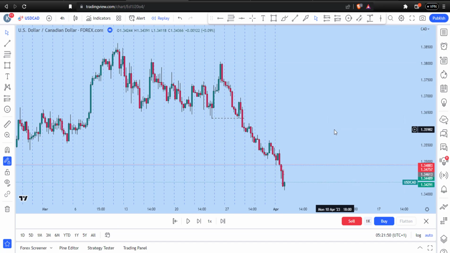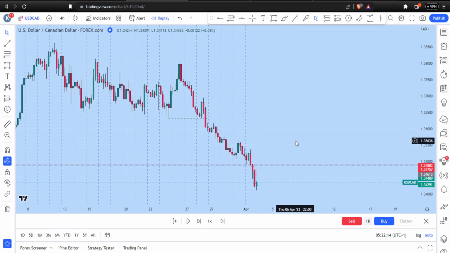The 4-hour time frame was my bigger time frame. If you're doing top-down analysis, you need to have one bigger time frame that you will trust and then go down to a lower time frame, at least 1 or 2 time frames lower. So if I'm using the 4-hour time frame, I will use the 15 minute or the 5 minute for entry. I can even use daily as my bigger time frame, but this time around I'm using the